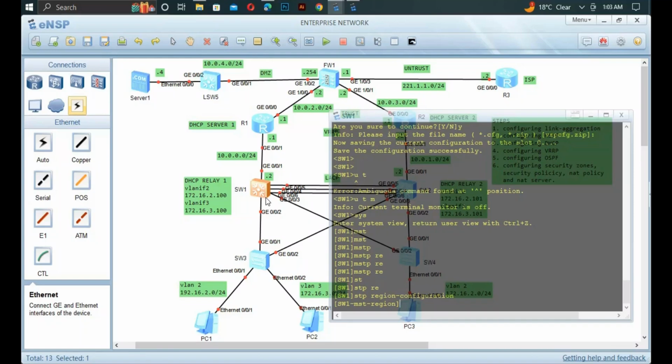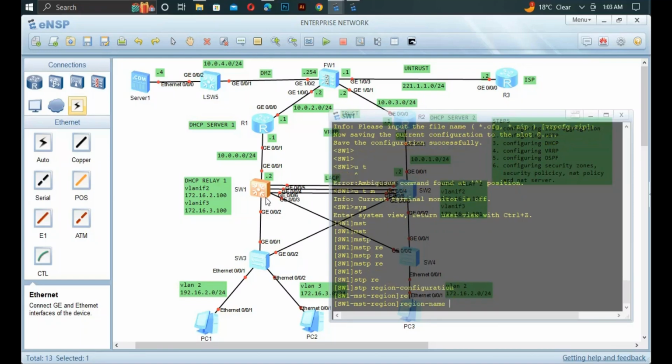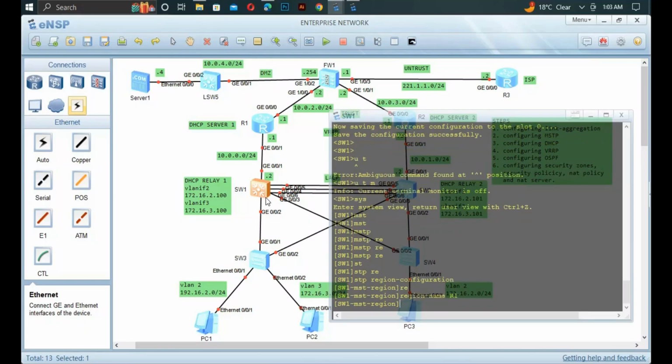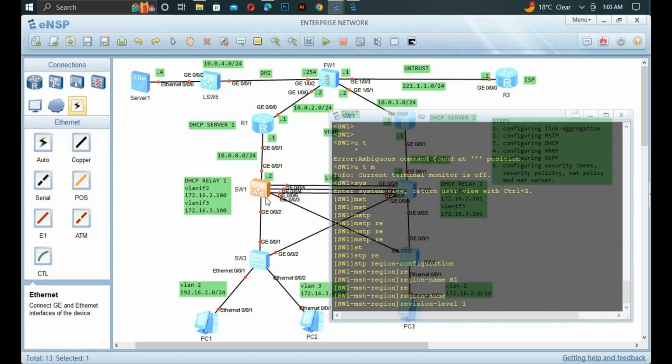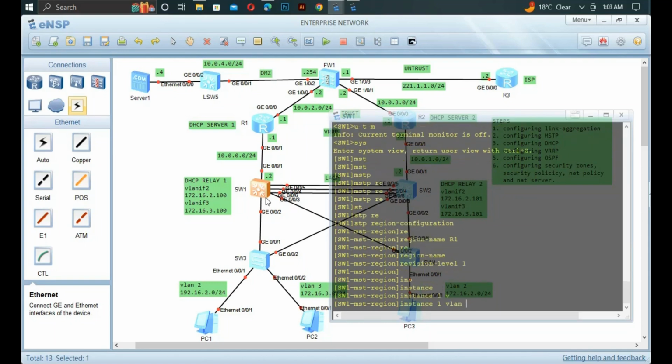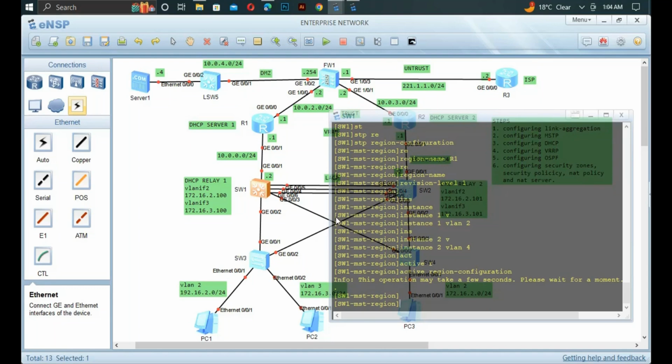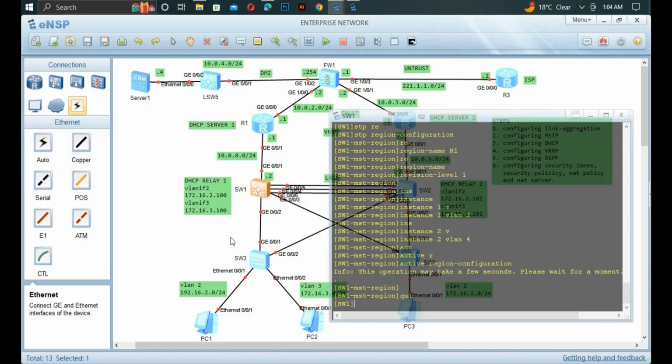Then we can give it a name. So region name here, a name of R1. Then we can give it a revision level here, level 1. Then add the instances. So instance 1, give it VLAN 2. Instance 2, give it VLAN 3. Then tell it active region-configuration for that configuration to take effect. Active region-configuration. Quit now,